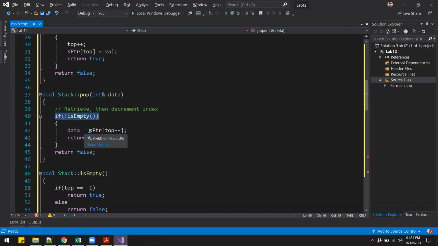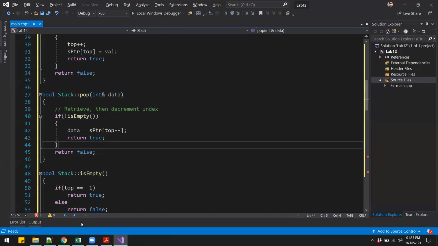Then we assign the value from the top of the stack to the data. Now in here we are passing this data by reference, that means we can just directly assign the topmost value to this data parameter, and that will be reflected in the calling function, or the main function in our case.